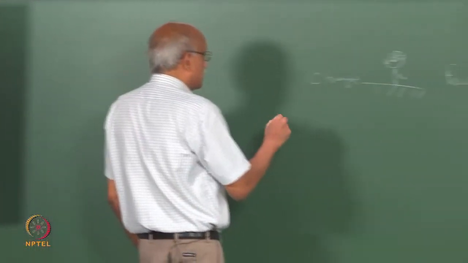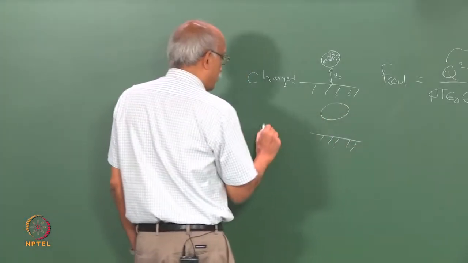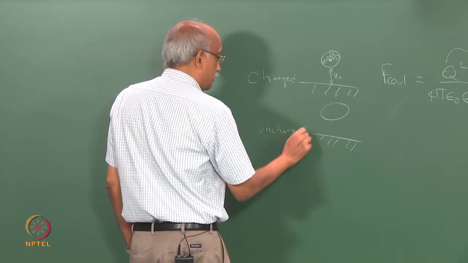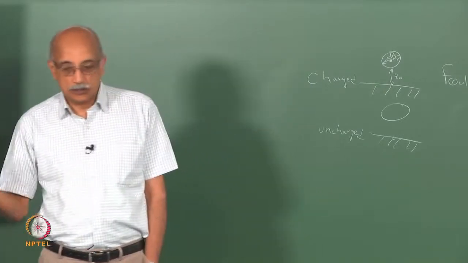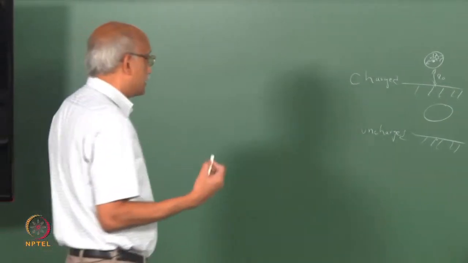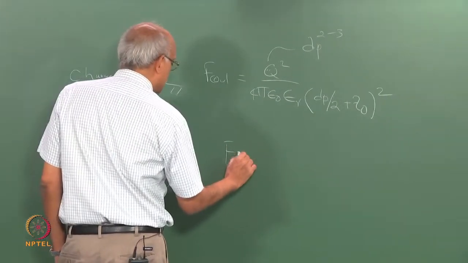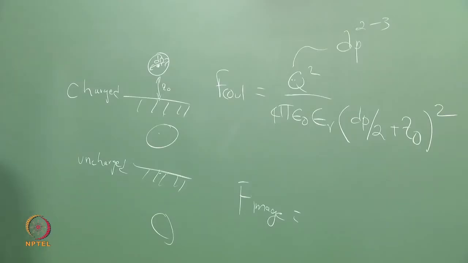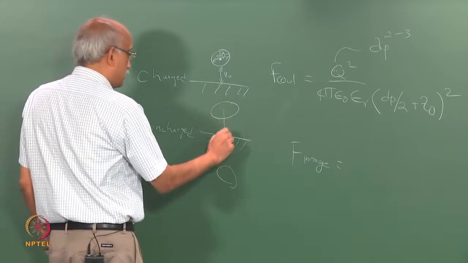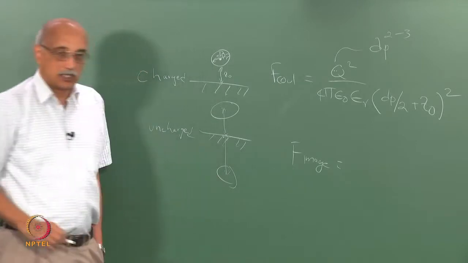Image force on the other hand is the same situation, except that one of the surfaces, typically the surface, is not charged. Then can you still induce a field between them? And there is a way to do that. In fact, there is something called an image force that sets in. The idea is that this charged object sets up another charge about the same distance as this distance of separation, but inside the surface. So, this is like your image charge,